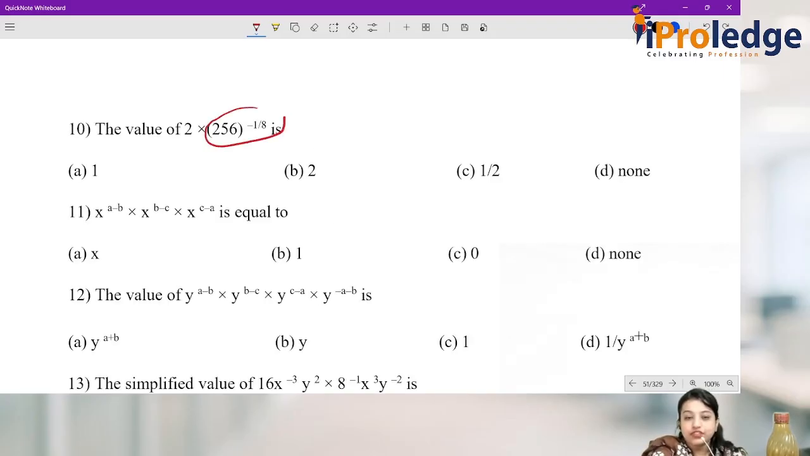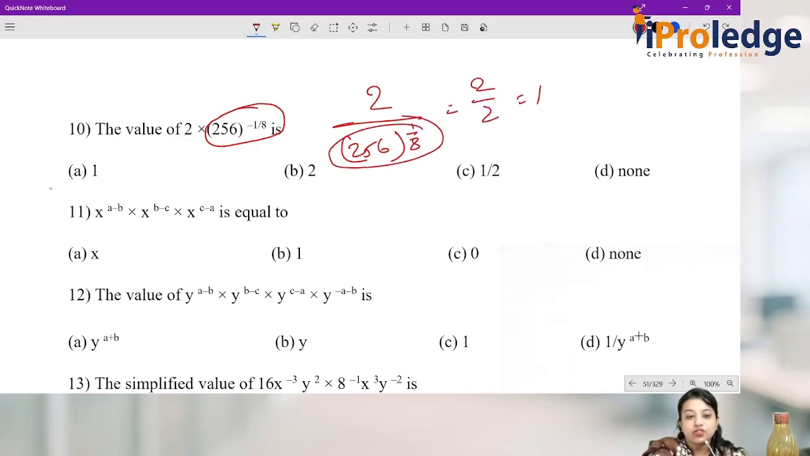What is 256 to the power minus 1 by 8? So you have to bring the negative to the denominator again: 2 divided by 256 to the power 1 by 8. What is the 8th root of 256? So 2 by 2 will be equal to, when bases are same,